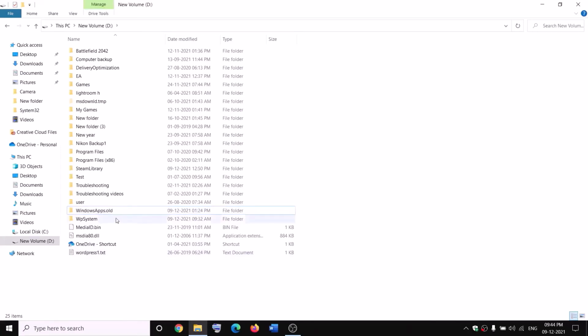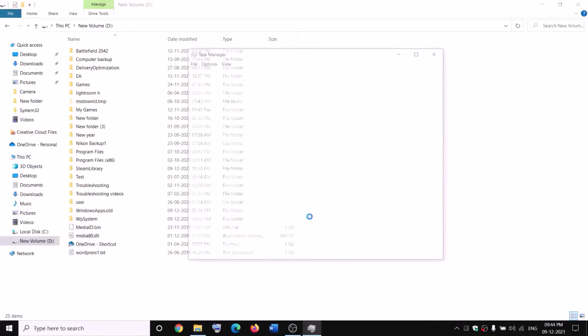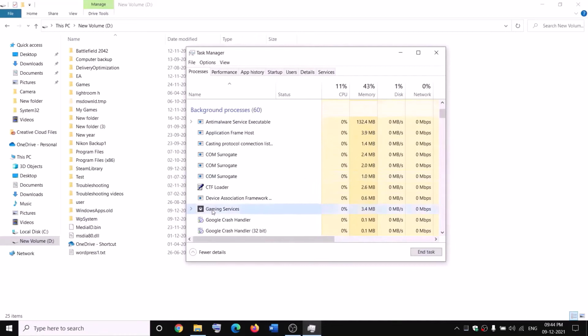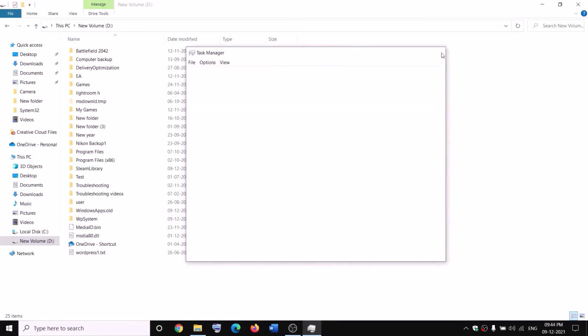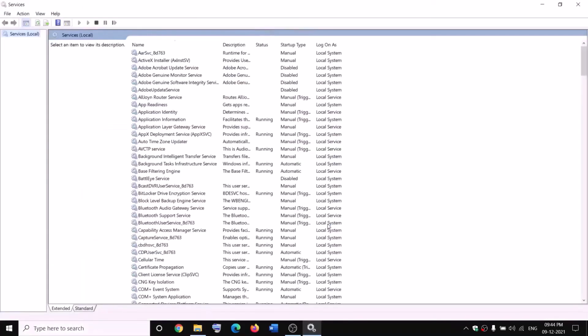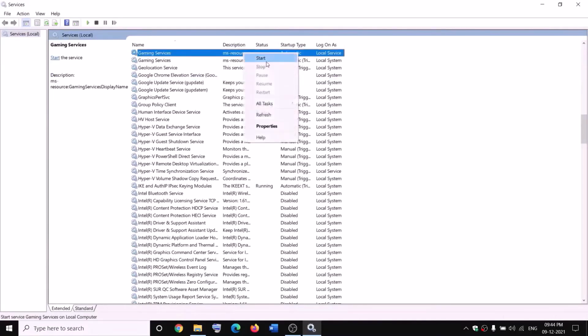Now while renaming it, if you receive any kind of error message which says file is open, in that case open Task Manager on your computer, make a right click on the start menu, click on Task Manager. Now if you find Gaming Services, make a right click and then click on end task, and also open Services over here, and then go to Services and find Gaming Services, make a right click on Gaming Services, click on